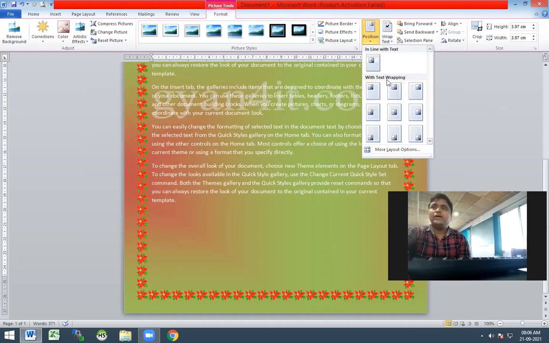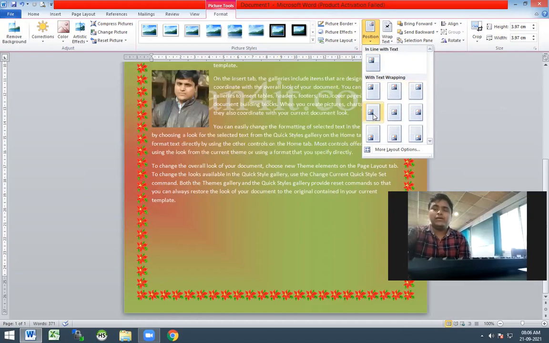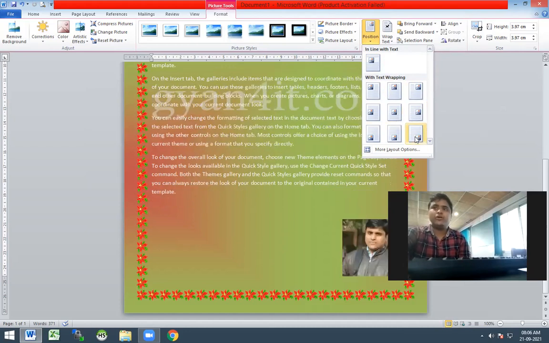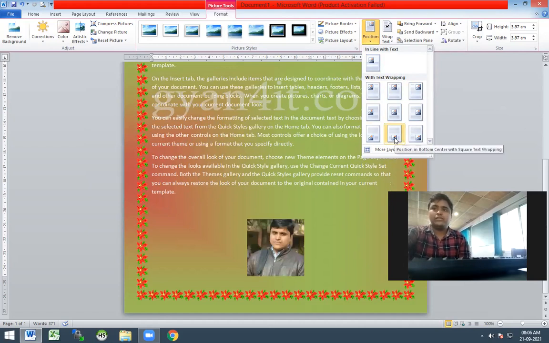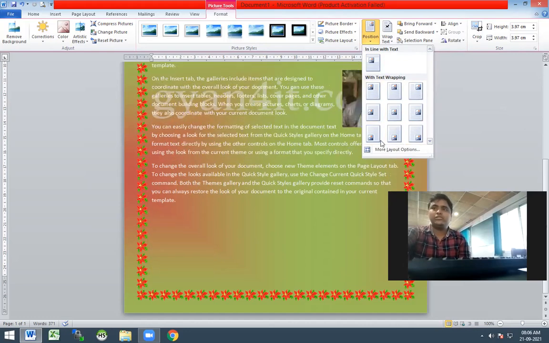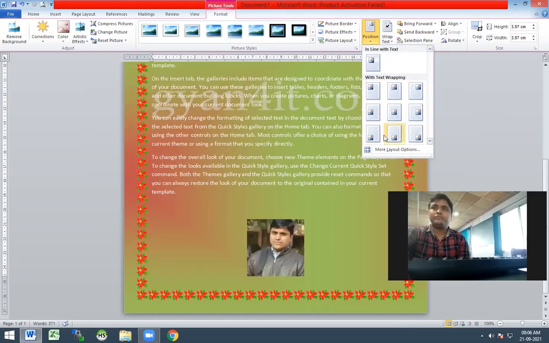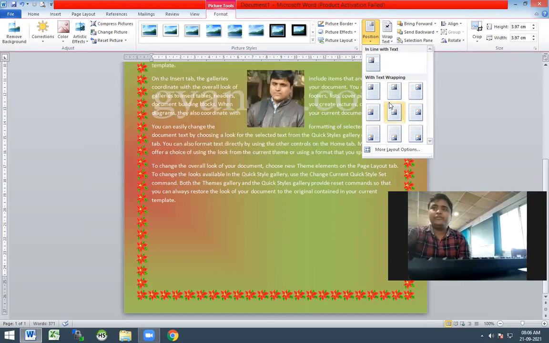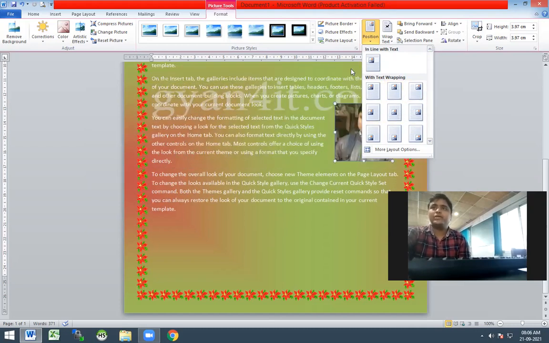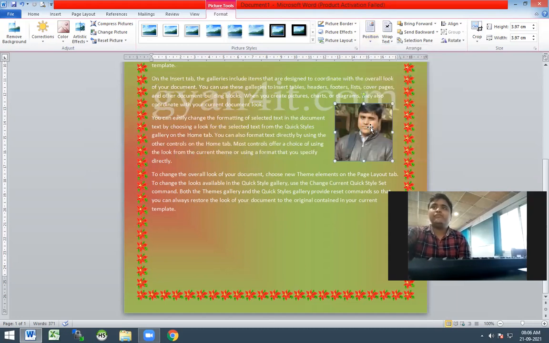That is with text wrap: top left, top center, top right, left middle, middle of the document, right middle of the document, bottom right of the document, bottom center of the document, and bottom left of the document. So these are basically 9 different features that are used to arrange your document. So these are the basic features.